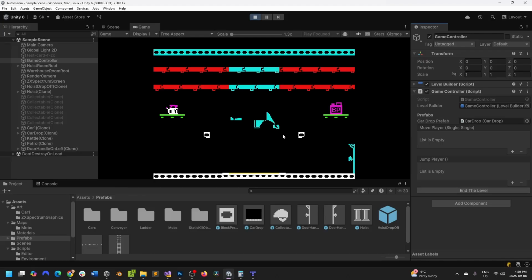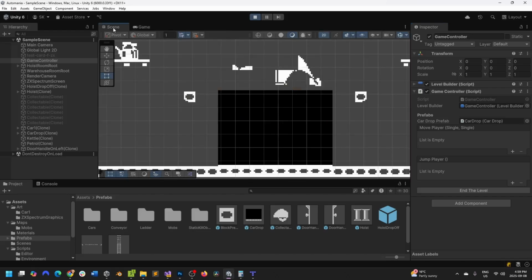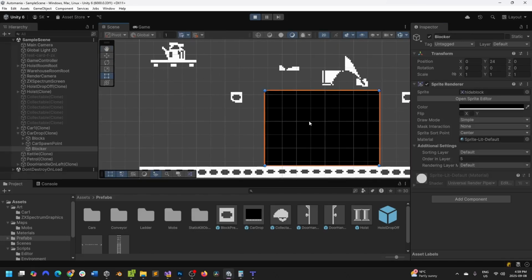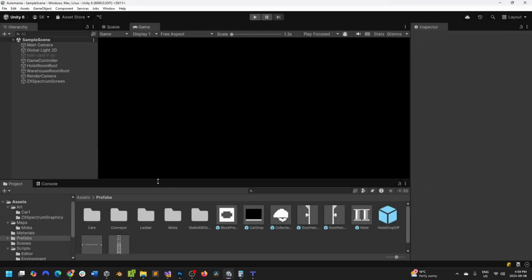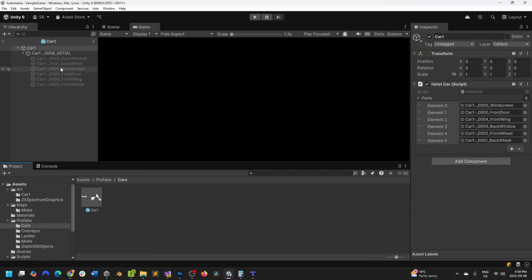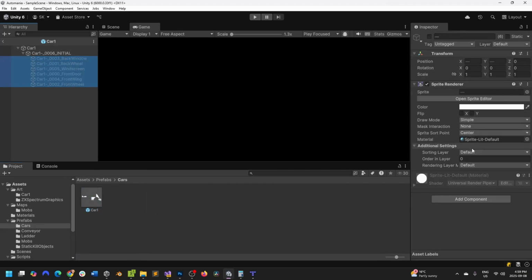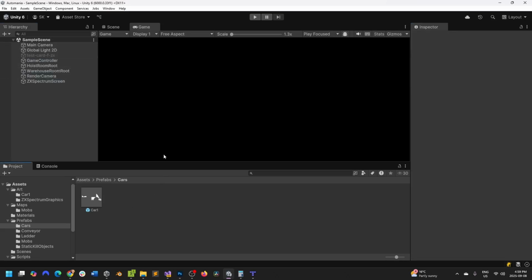show where I want things to be, and I'm not entirely sure. No, the full car was there. It's just that this was behind it. So that's right, I needed to change that, didn't I? So I need to go to the car 1 prefab, this one here, and then I need to change all of this to 6. Each one of these has got to be in front of the blocker. So it's got to be in front of the blocker, and then there's an issue with